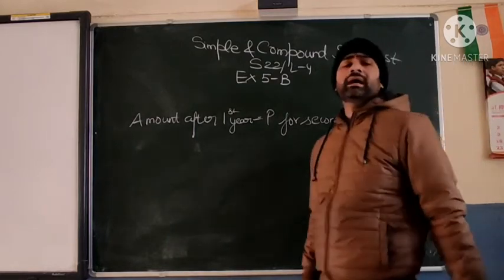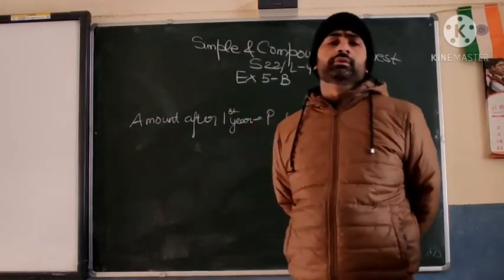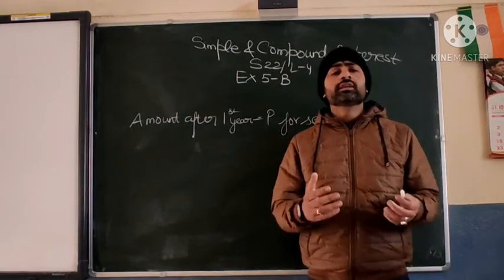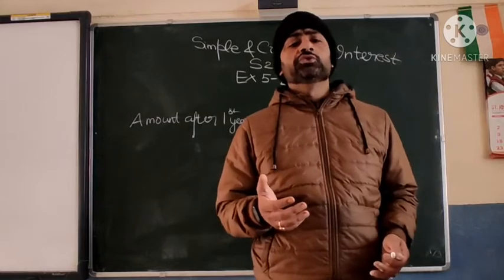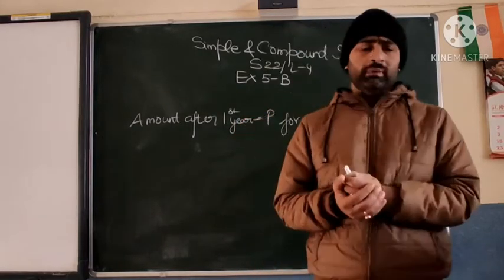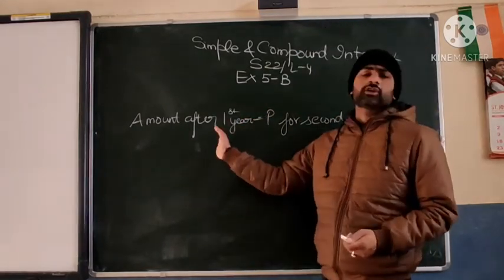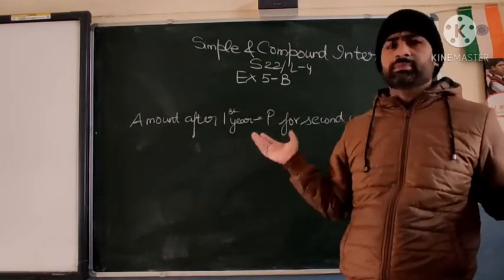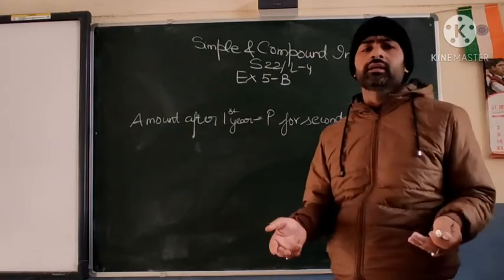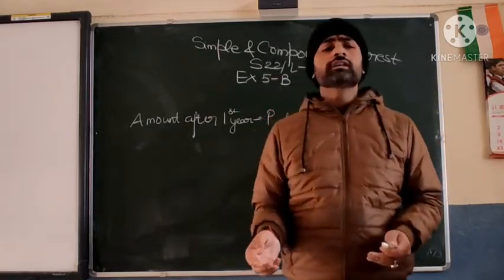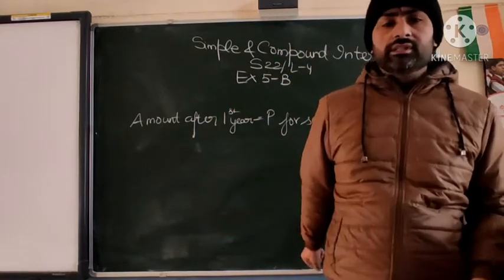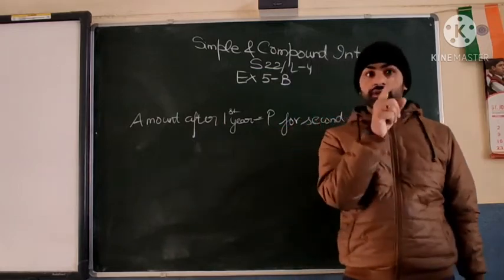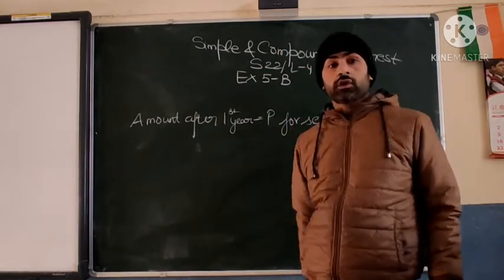Now children, you might have also used the formula, or you might have seen in this exercise the calculation of compound interest using the method of simple interest. That also is used in many places. You can do it by this method also, but it might look lengthy. Sometimes you will forget to add the interest. That's why one ready-made formula has been made, and mind you, that formula is for calculation of amount and not the compound interest. So that formula is for amount.